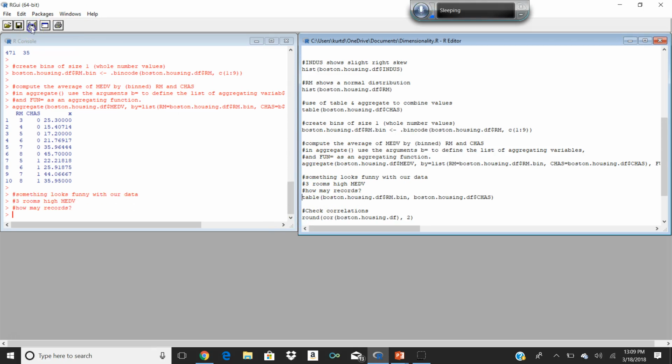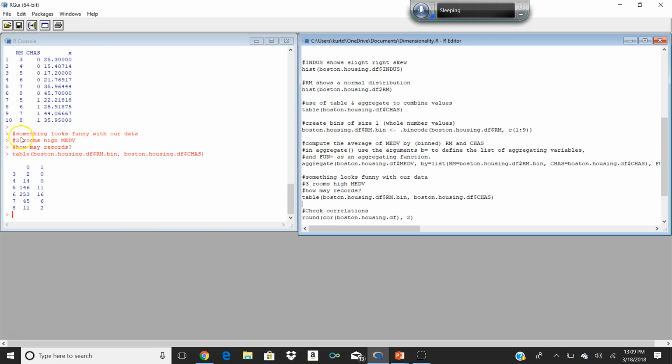So we did a quick distribution, and this is how I found out. I used the table command. Now, before we used the table command on a single variable, but you can use the table command on multiple variables. So in this particular case, we looked at room.bin, and we also looked at proximity to the Charles River, the Chaz variable, and it gives us a 2-dimensional table, and it shows us that for those that are not